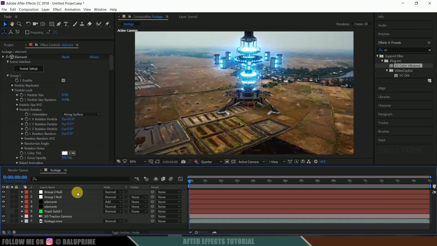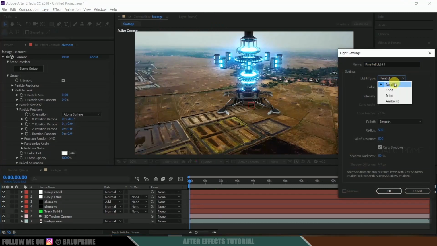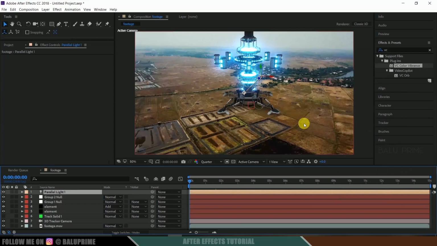Now let us add some shadows to this scene. For that we need to create a light. Go to layer, new, create a light, let the light be parallel, intensity 75, make sure the cast shadows option is enabled and hit OK. Still we are not finding any shadows, so we need to do one thing.